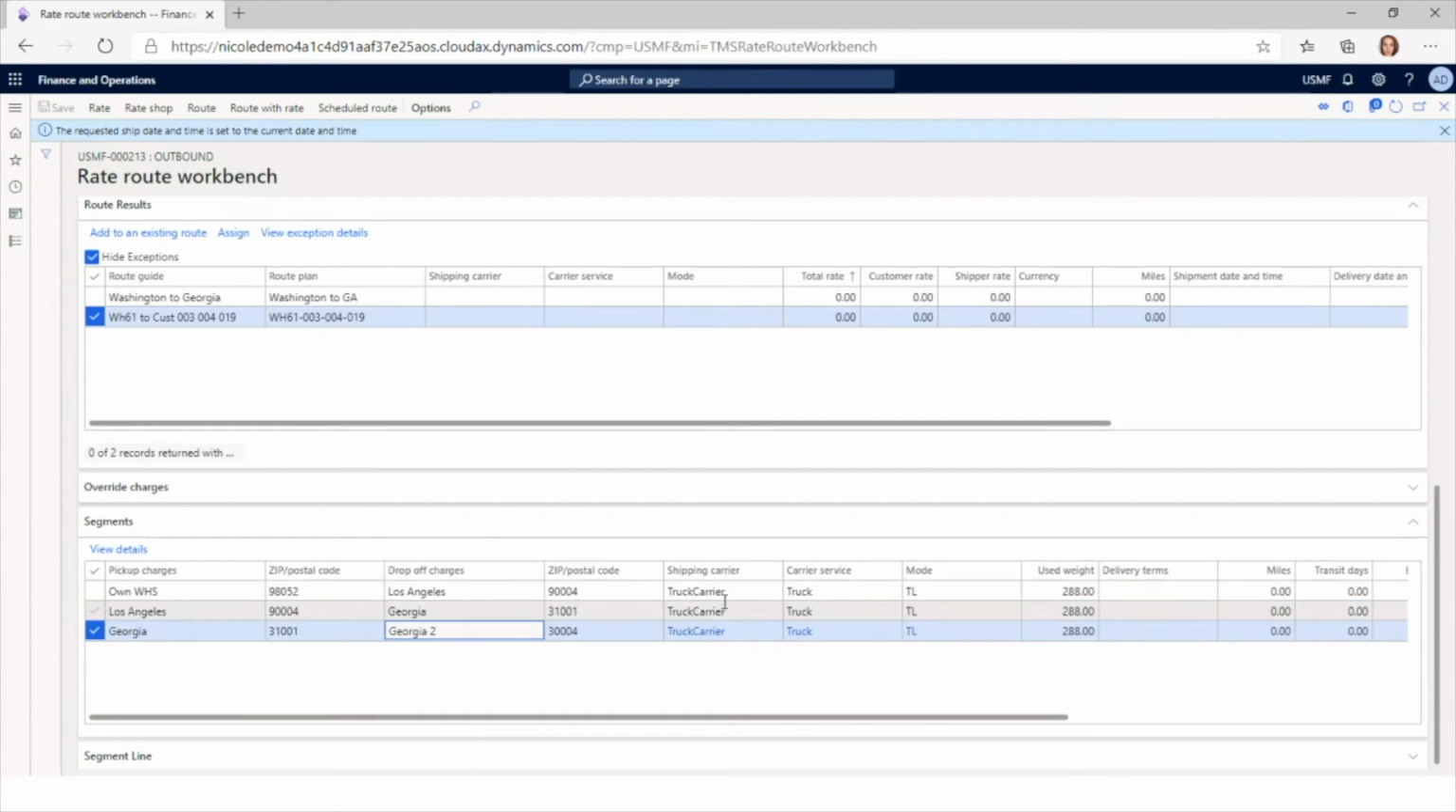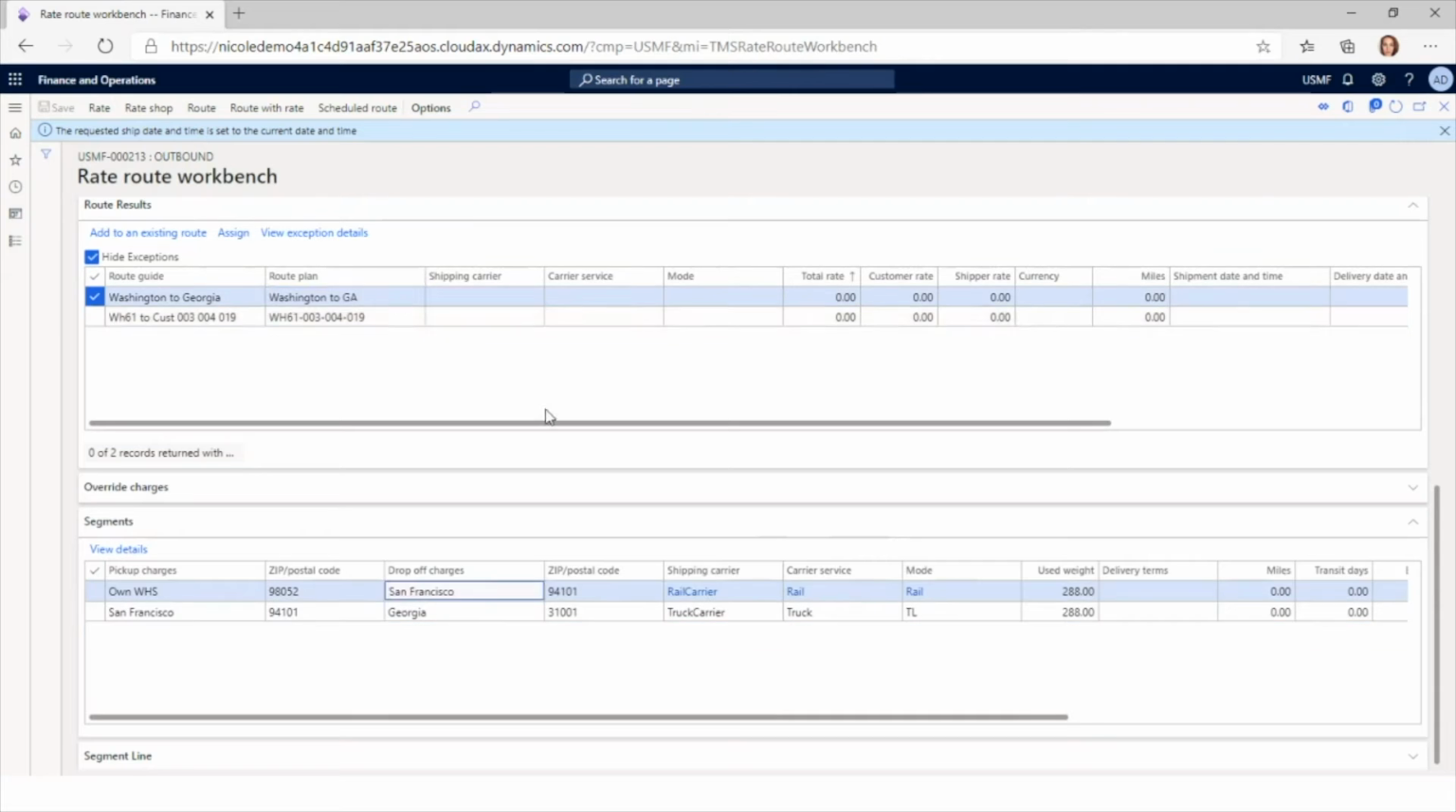But of all of these, one is not multimodal. It's actually all being done via truckload. I'm going to go ahead and pick the one that actually has a couple of different modes of transport. And again, if I'm happy with that route, and you'll see I've got no rating information because I just did